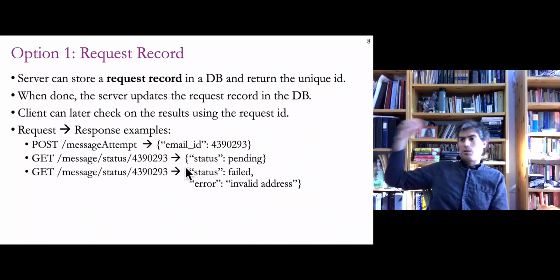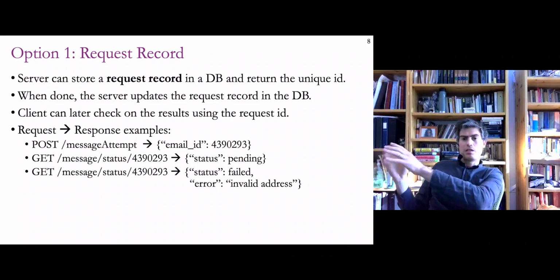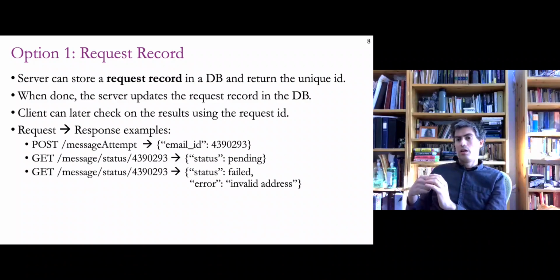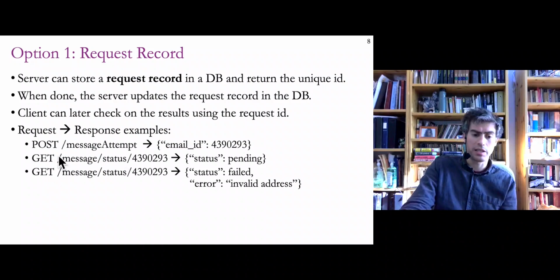But eventually, at some point on the back end, the response is going to be finished. And when that happens, whatever process it is, whatever service that's disconnected from the client that finishes this request, it was given the request record ID, and it can actually update the database with the fact that the request was finished, and also provide some data that might be available now for that request. So later on, the client has to keep asking, and eventually when it asks, it'll get the real result from the request. In this case, there was a status of failure that was stored, and there was an error